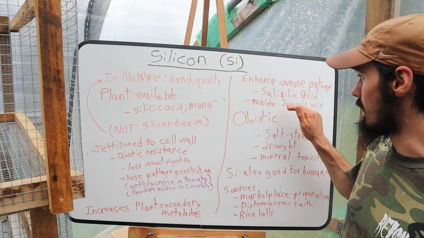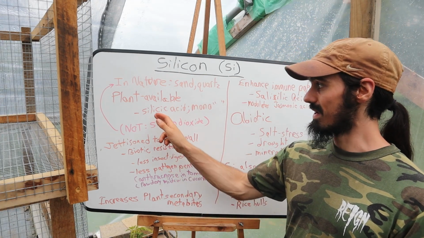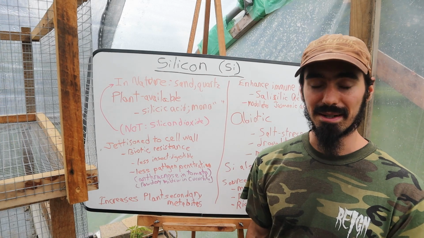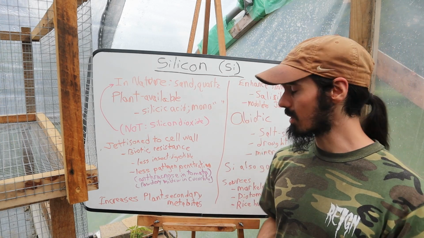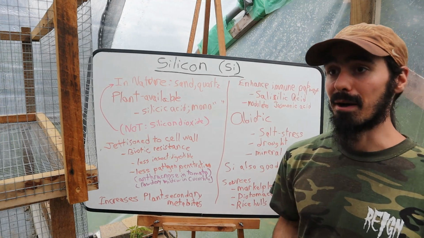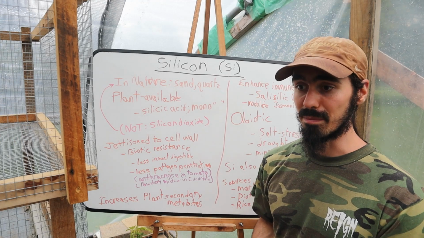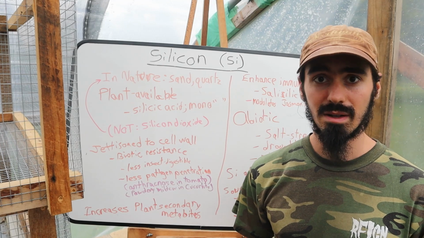We can talk about the salicylic acid pathway, which is not to be confused at all with silicic acid or monosilicic acid. Salicylic acid is basically aspirin, right? It's completely not related, not the same thing at all, but it sounds very similar, so really try to not mix them up. And then silicon can also help to modulate and work with the jasmonic acid pathway in plants. And so these are defense pathways in plants to help keep them healthy and help to decrease plant stress, or the effects of plant stress.